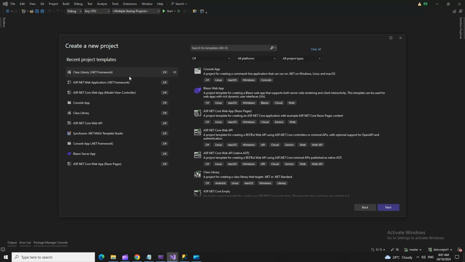The first thing that we did here is we created one API project. I'll tell you which one. Yeah, this one, the ASP.NET Core Web API. And then we added another project for the front end, which was an ASP.NET Core Web App Model View Controller, this one. Okay. So once you have this .NET Core Web API, it will bring you into a solution where you will have